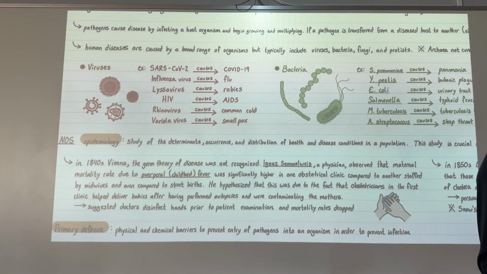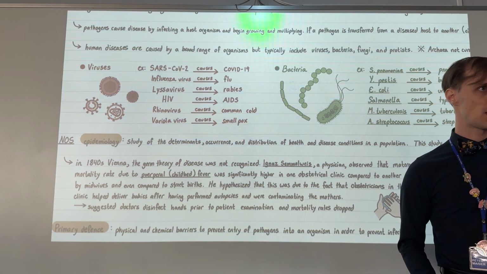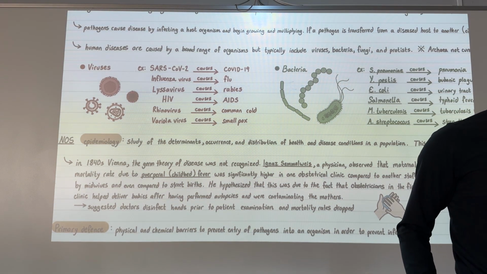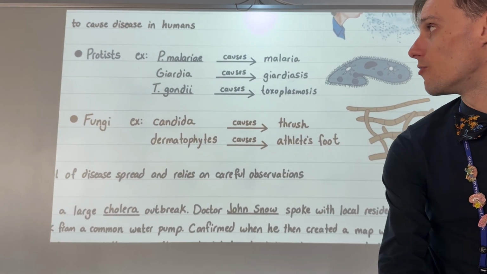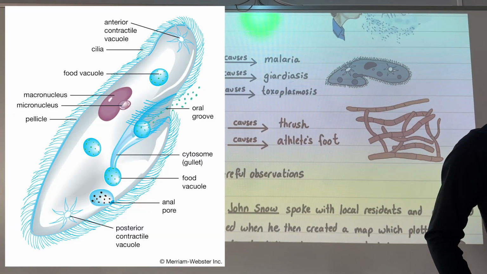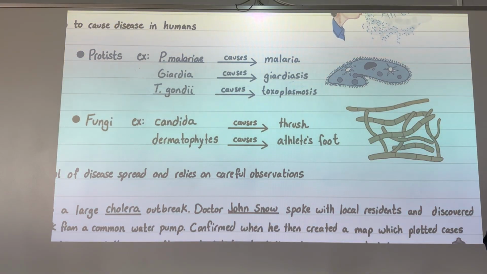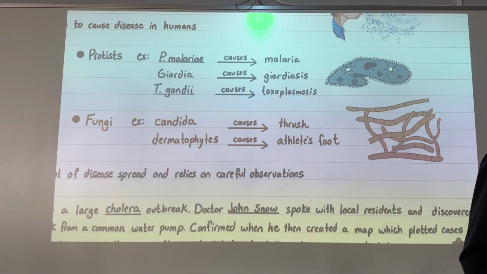So if you want to fight a viral disease, then you would take an antiviral medication. You would not take an antibiotic. The other types of pathogens that you may or may not have been aware of would be protists. So protists are single-celled eukaryotic organisms. And you actually probably have heard of some of these diseases before, but you may not have known that they